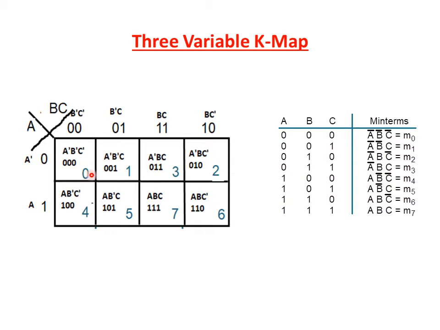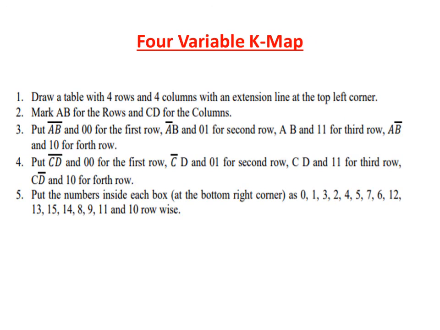So the cells are represented as 0, 1, 3, 2, 4, 5, 7, 6. So if you are checking that cell 3 and 7, only single bit change, that is to get the cell adjacency. We are following the gray code sequence. That's why it's not coming 1, 2, 3 sequence. It's coming as 1, 3, 2 sequence. Similarly here 5, 7, 6 to get cell adjacency from each cell.